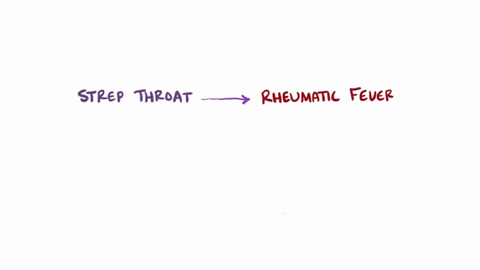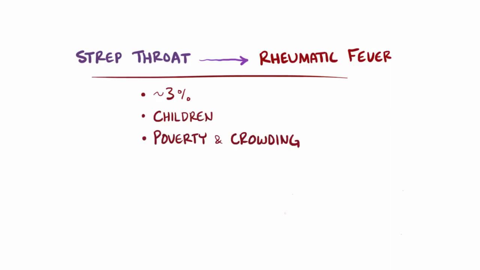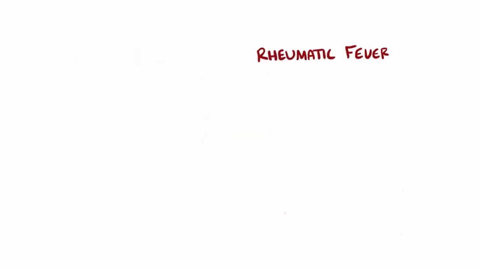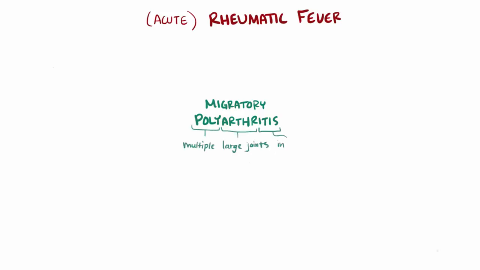Obviously, though, not everyone that gets strep throat gets rheumatic fever, right? And it's actually only a small minority that get it, estimated around 3%. And it's more likely to happen with children or people in areas of poverty and crowding. A lot of patients that do get rheumatic fever from strep, sometimes called acute rheumatic fever, will have a variety of clinical findings. The most common of which is migratory polyarthritis of the joints, where multiple large joints become inflamed,